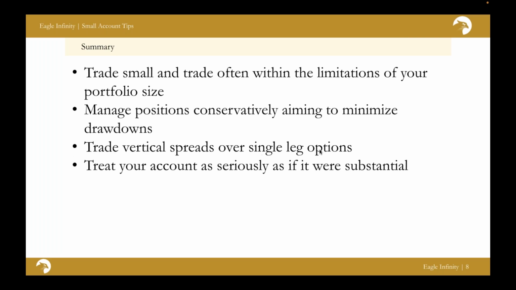Third is trade vertical spreads over single leg options. Again, especially in this environment where volatility is bid up, you likely don't want that long vega exposure, but you can cheapen all your calls and all your puts with a vertical spread. If you're extremely convicted, just go further out of the money, and you can still have attractive risk rewards of 3-to-1, 4-to-1, 5-to-1. But if you're less convicted, it's even better, because if you were to just buy a long call or a put option, it's kind of unsuitable. The underlying has to move a tremendous amount for you to even break even, let alone realize a sizable return.